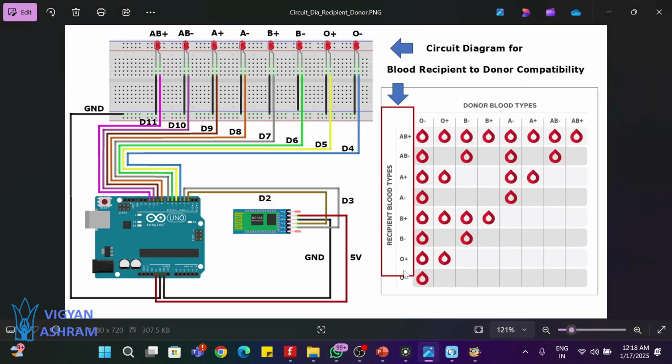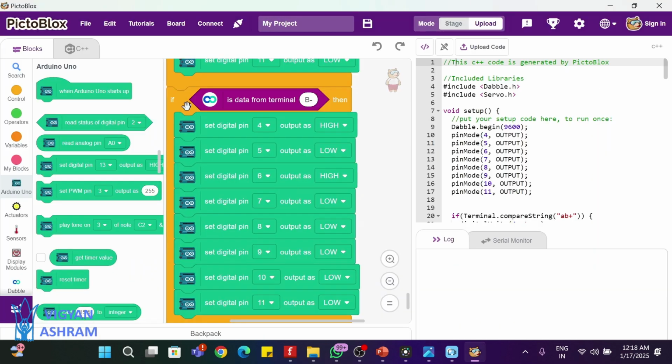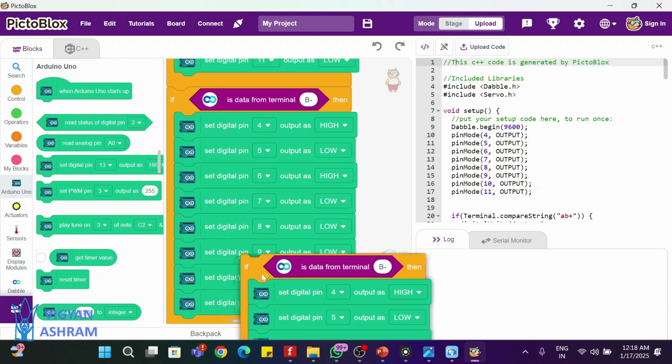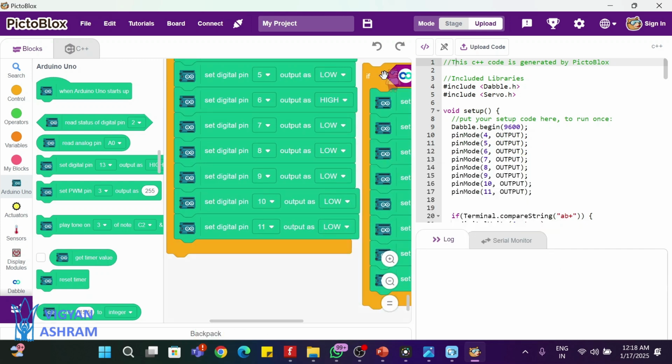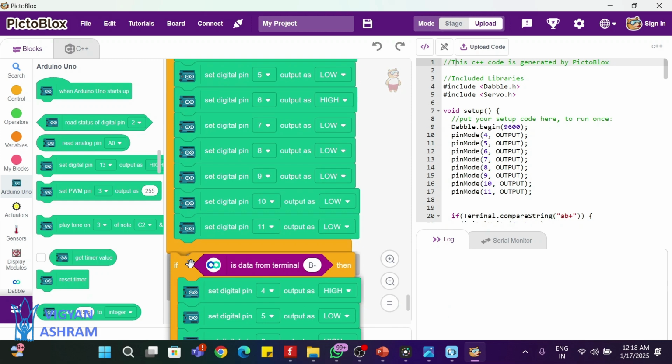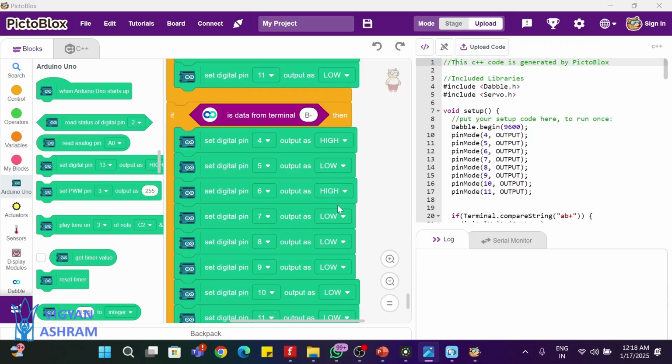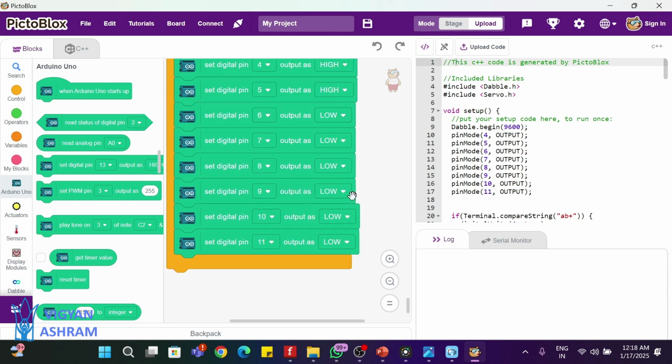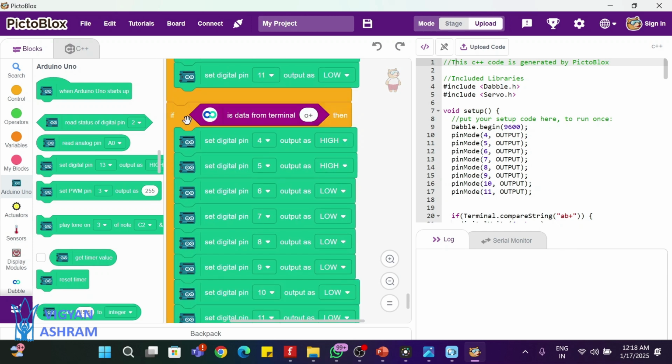So now coming to last two blood groups. When it is O positive as recipient, O negative and O positive both. So pin number 4 and 5 to turn on. So when the entry is O positive, O positive, 4 and 5, the rest the pins are low. Yes, correct. And then